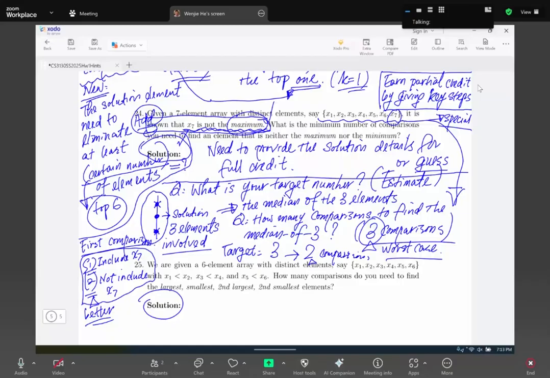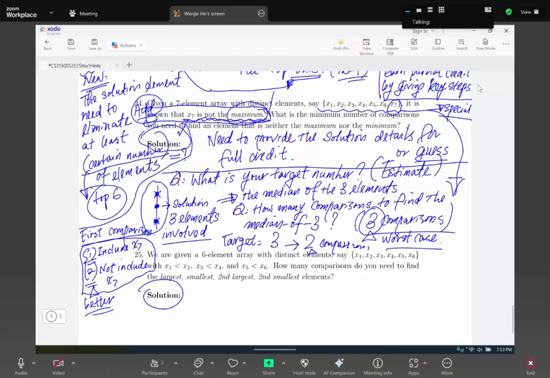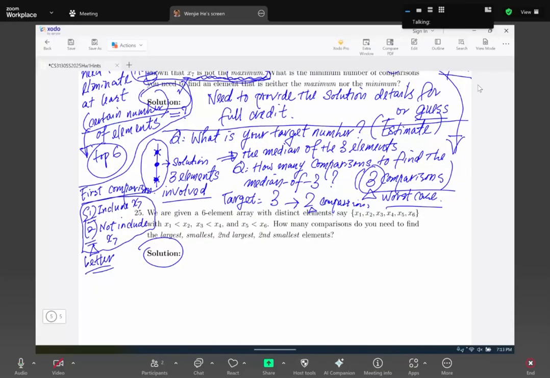Yeah. All right. So after you first compare, one is larger than the second one, then you use the second comparison, which should be based on the result of the first comparison. Yeah. Because first comparison, you compare one larger, one smaller, okay? One larger, one smaller. So then the second comparison